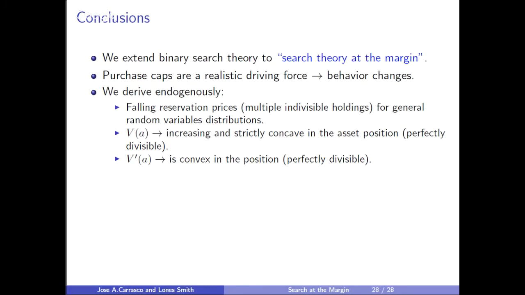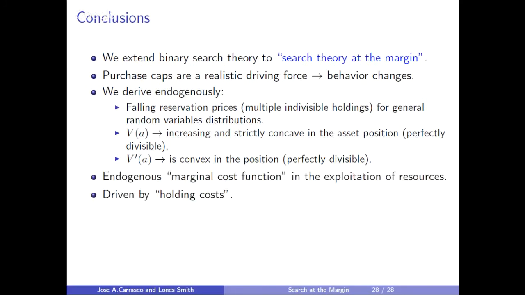Suppose the demand are always infinity, right? Nothing really changes. So the concavity that we found in the paper is a result of these different demand sizes of the buyers. And we derive endogenously using either induction or contraction methods falling reservation price. The value function is going to be increasing and concave, and the marginal value is convex. The supply function is going to be an endogenous marginal cost that is driven by holding cost